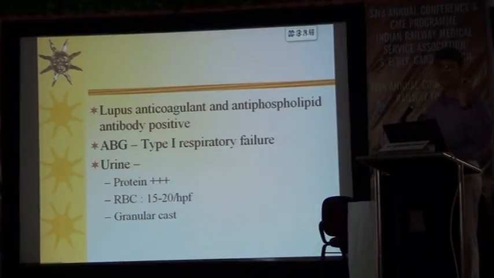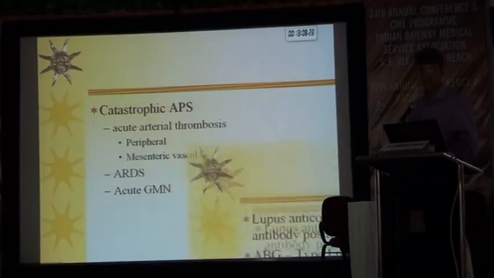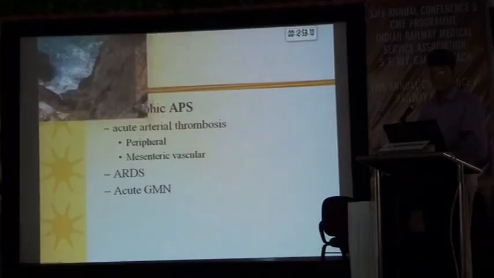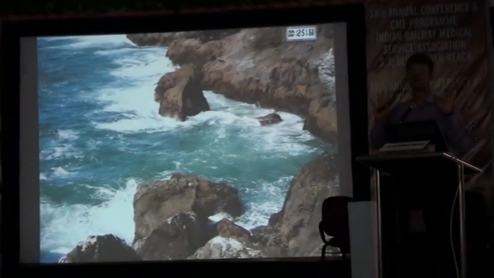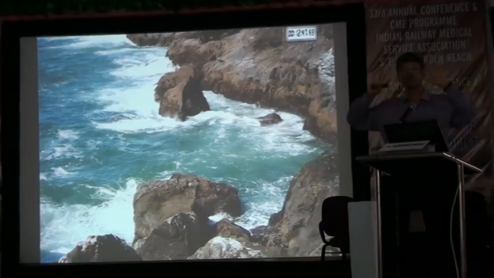She had evidence of respiratory failure. She also had evidence of active urine sediment in addition to respiratory failure. So this was a case of catastrophic antiphospholipid antibody syndrome, presenting with acute arterial thrombosis, acute respiratory distress syndrome, along with acute glomerulonephritis. So patients with inflammatory polyarthritis and all sorts of rheumatological problems can present